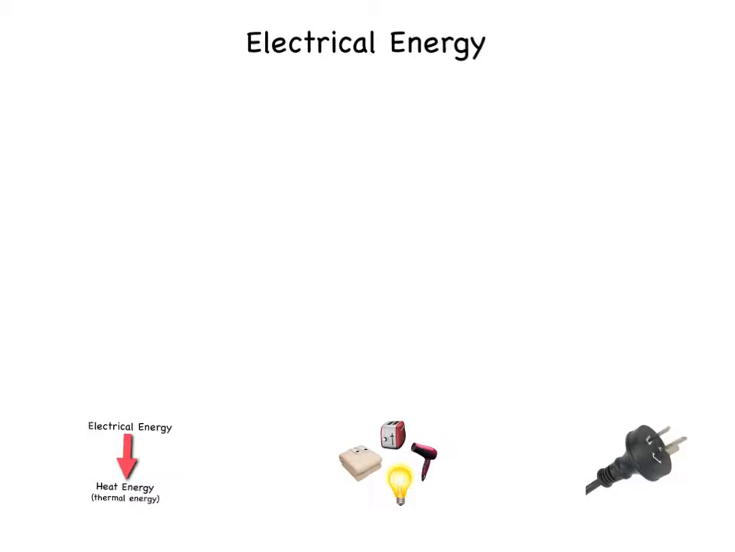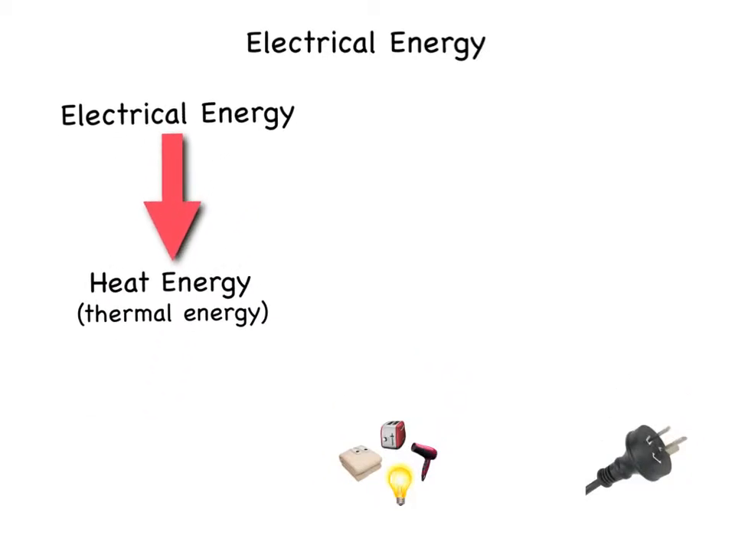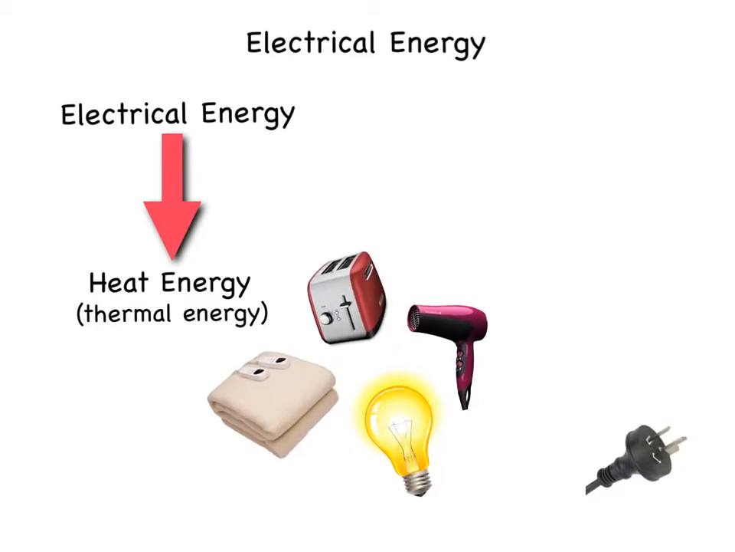Electrical energy is the easiest one for us to understand. Electrical energy is converted into heat energy, which in scientific language is called thermal energy, when you use objects such as electric blankets, toasters, hair dryers, or light bulbs. If you plug it into the wall